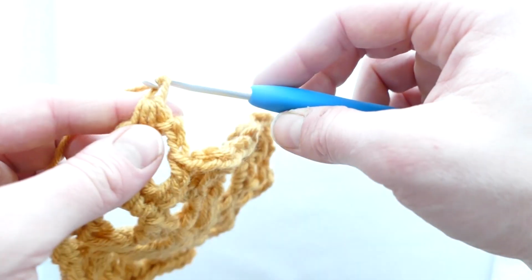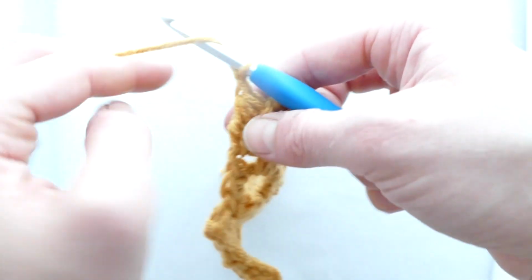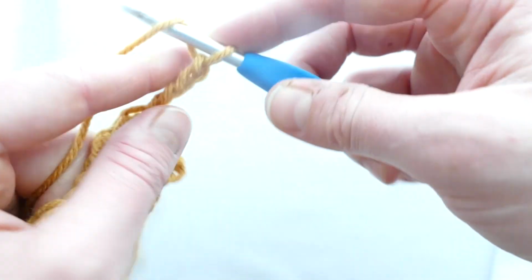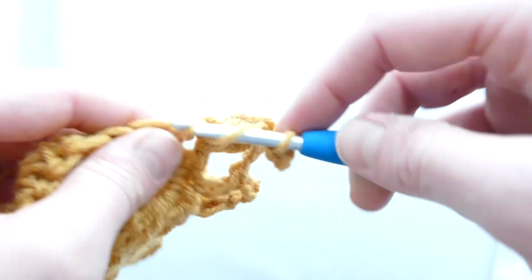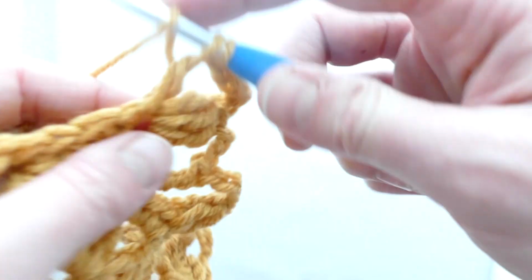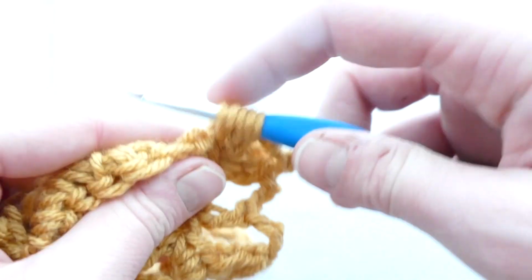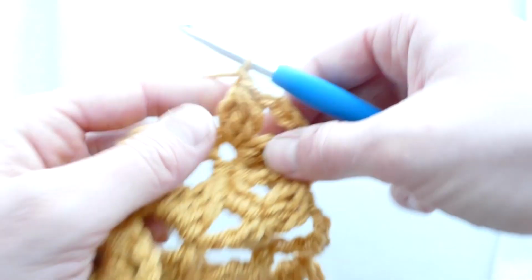With a double crochet 3 together, and then chain 4, and then another double crochet 3 together. Okay,